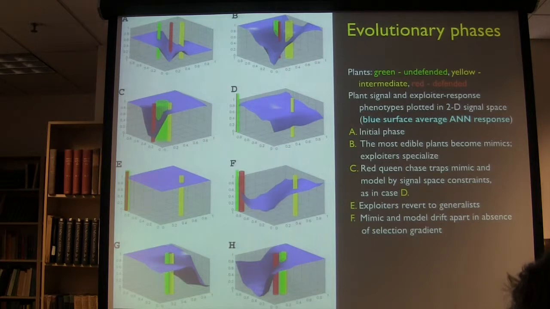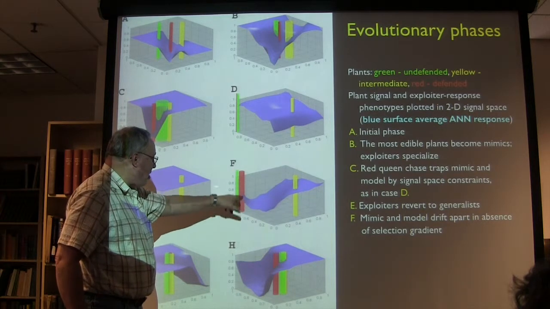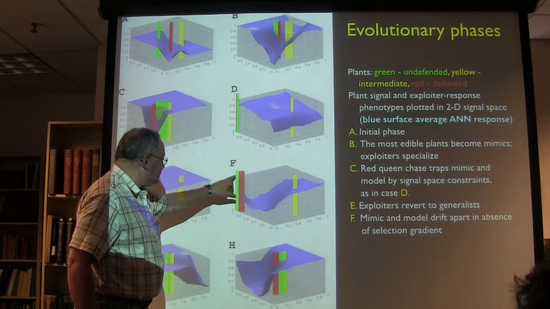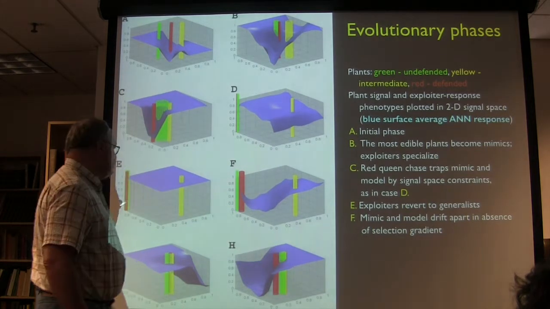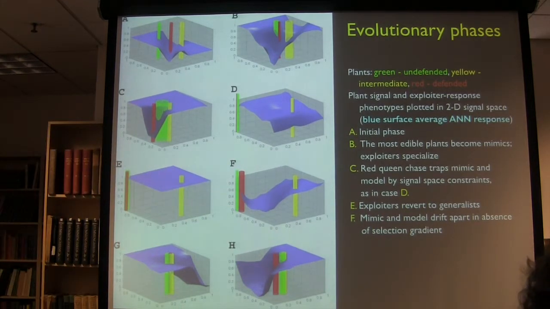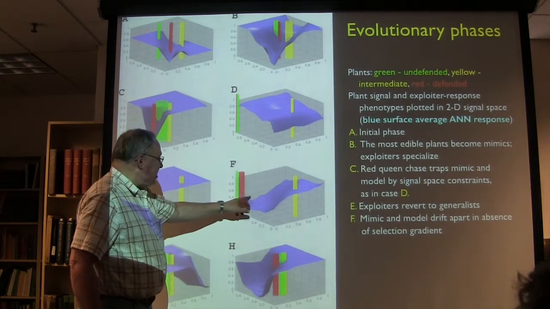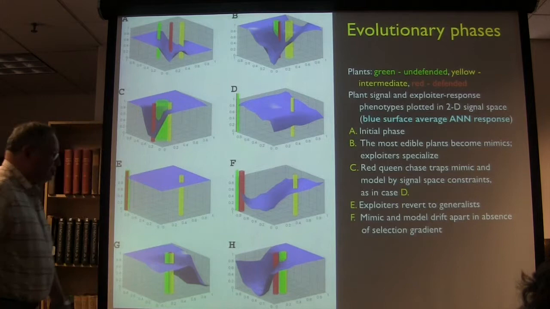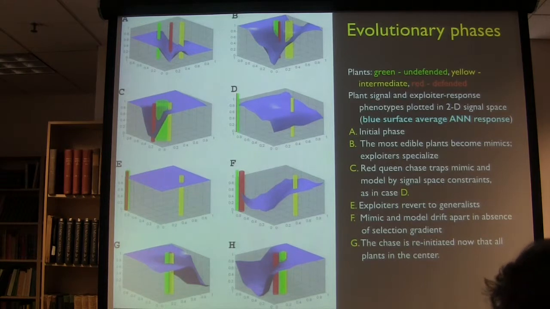And so you continue with this process, and just through some random drift, these drift apart, and as soon as they drift apart, you can see here that individuals are trying to hone in on trying to identify the greens in the corner. But what happens is that the greens actually move through the reds, and in G, they move out to the middle again, and in H, the whole process starts again.